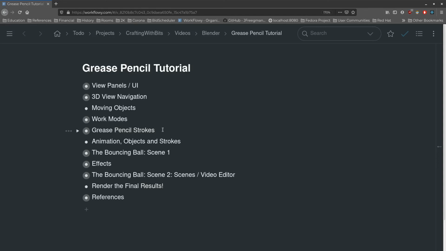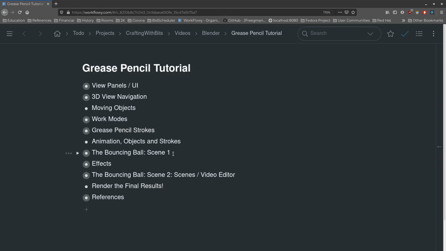Then we'll get to Grease Pencil. We'll start by talking about strokes and just kind of lay out all the concepts related to them. And then we're going to progress to talk about animation, how you animate, first of all, objects in the scene so you understand the animation workflow in Blender, and then how to animate strokes in Grease Pencil. After that, I'm going to do a demo drawing a bouncing ball where I'm utilizing all the tools that we've discussed up to that point so you could see it all